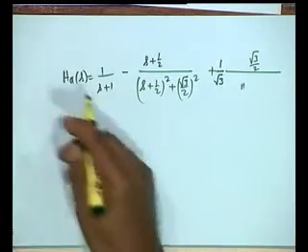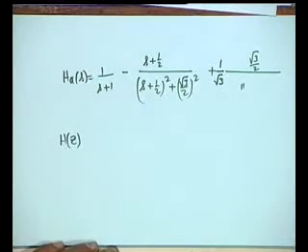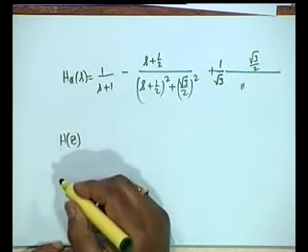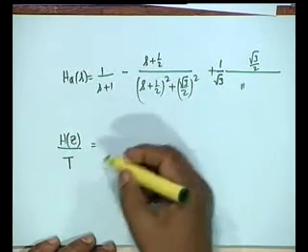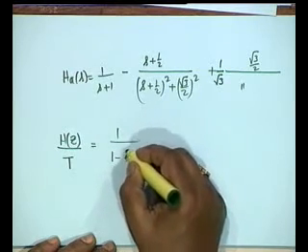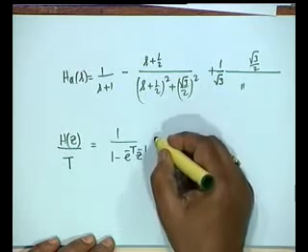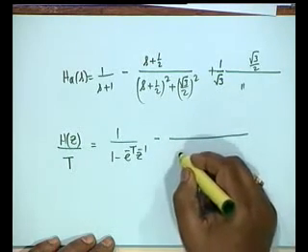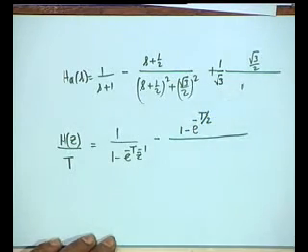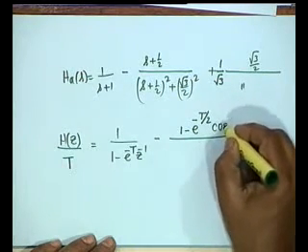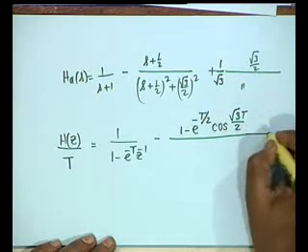And now I am quite comfortable. My transfer function, therefore, H of z, this is the point where you multiply by capital T. So you say H of z by capital T would be equal to, now take it term by term, 1 by 1 minus e to the minus T z inverse, then minus 1 minus e to the minus T by 2 times cosine of root 3 T by 2 z inverse